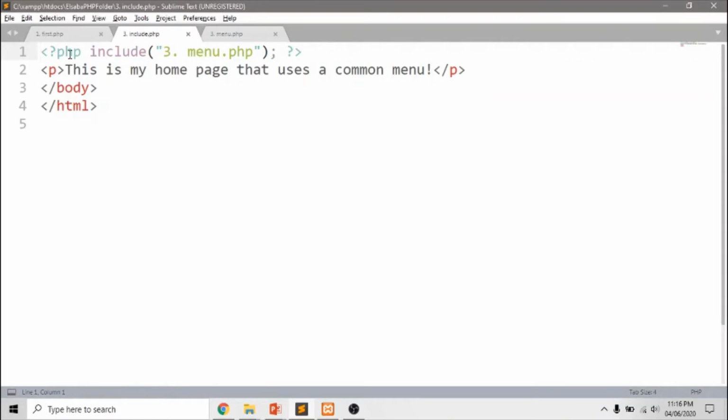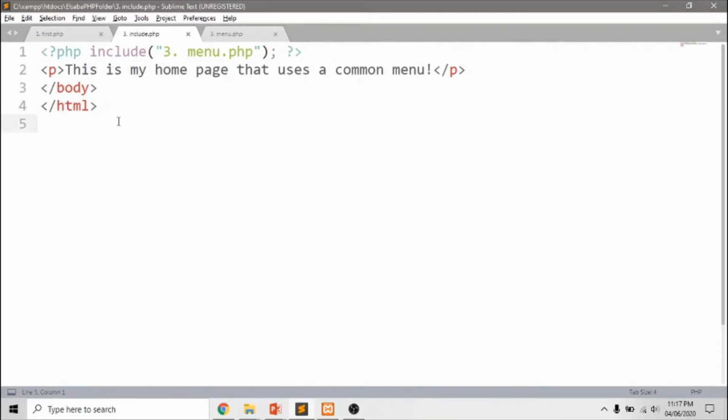So this is the format. Give the PHP delimiter. Inside these PHP delimiters, I am just using the include construct. Include, simple brackets, I have to give the name of the file. And then the remaining parts you can write over here. So here I have one more paragraph, then a closing body tag and closing HTML.